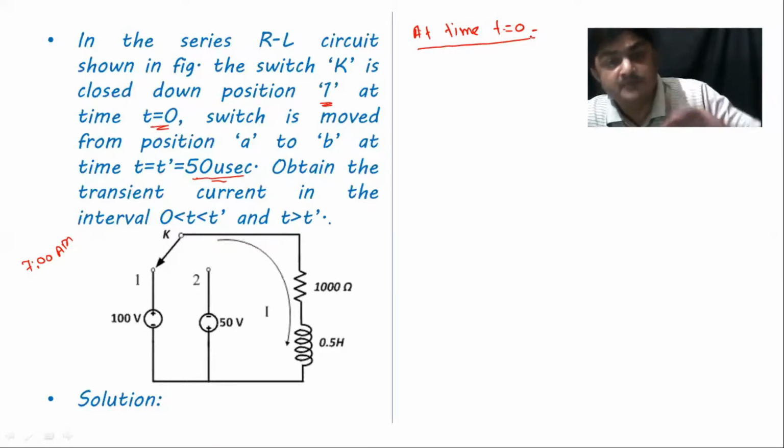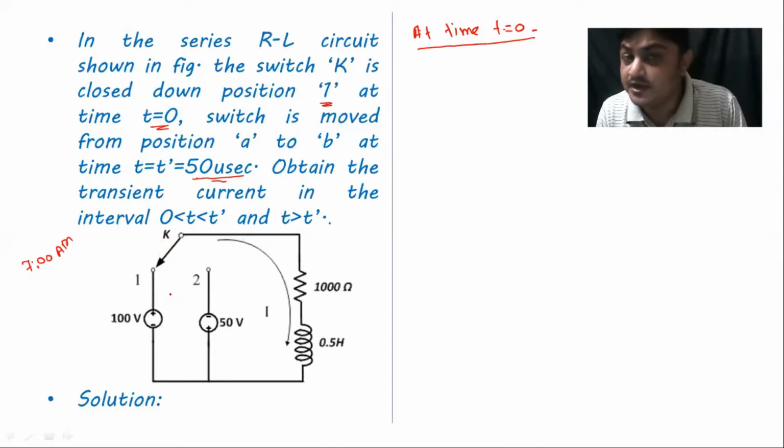The reason is that previously the inductor was charged, but right now when you close this circuit, this is the first time the inductor will come in influence with energy, and because of that this inductor will behave as an open circuit. Though I'm not saying that this is at time t equal to 0 minus, because you are closing your switch at 7 a.m., so just prior to 7 a.m. what is the situation? Nothing will happen. So let us say exactly at t equal to 0 time, exactly at 7 a.m.